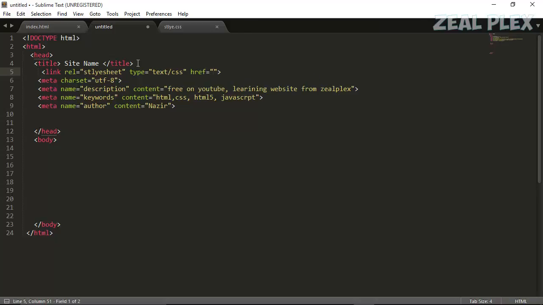So this was in the css folder, so the slash means it's a folder, so its name was style.css,